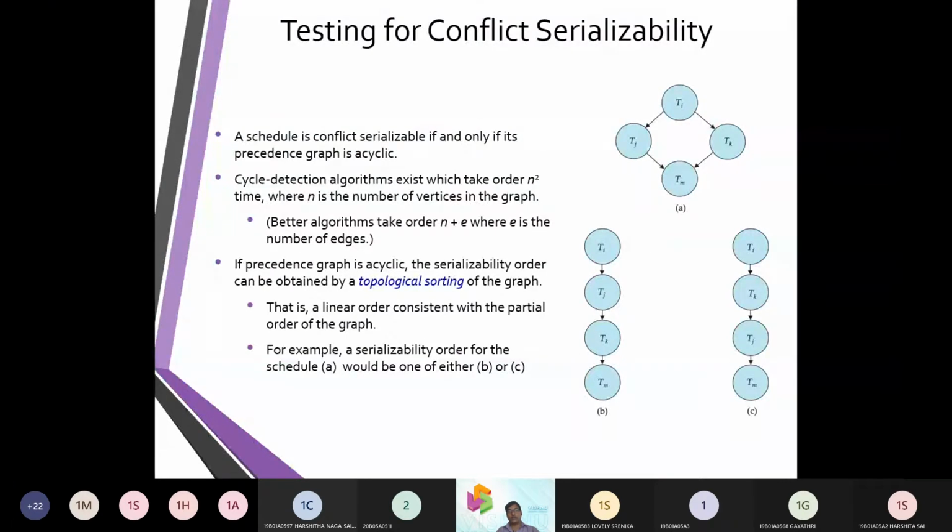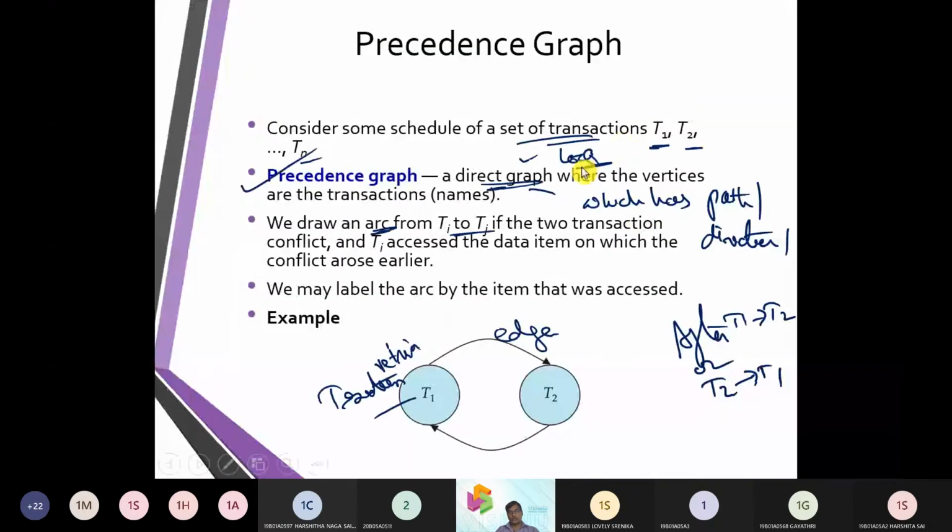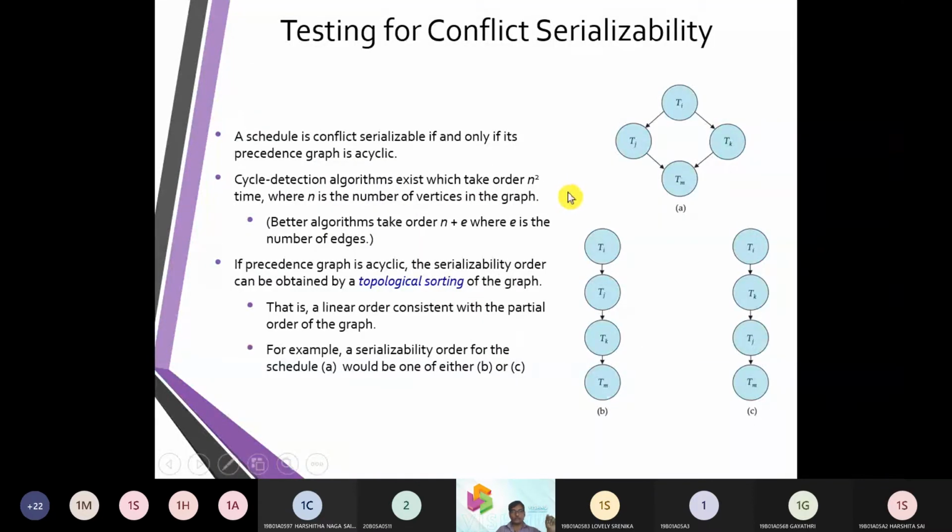Now, the drawback was that there may be a loop, and that loop needs to be identified. How are we going to identify the loop?